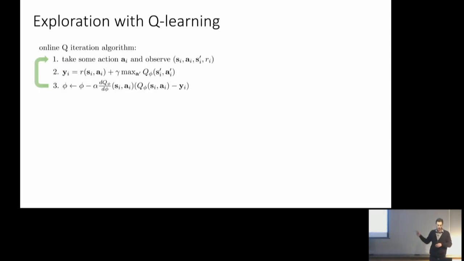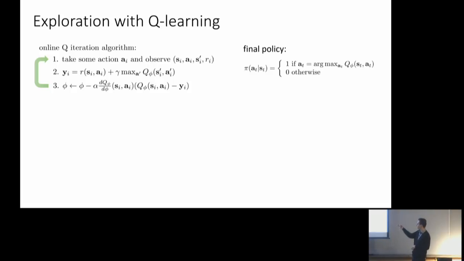Okay, so let's talk about that off-policy thing, the policy that we can use to execute step 1. There are a number of different choices, and the most obvious choice might be to just use the best policy that you have. Like if you have a policy you think is good, why not just use that to collect this transition? So your final policy, once you've learned your Q function, will be given by probability 1 for the argmax and 0 otherwise. So if you have a guess at the current Q function, maybe you're not done learning yet, but that's as good as you've got so far, perhaps you can use the best policy for your Q function.